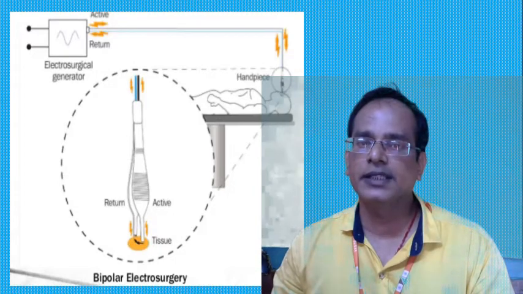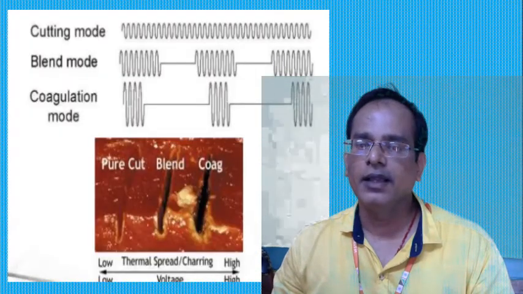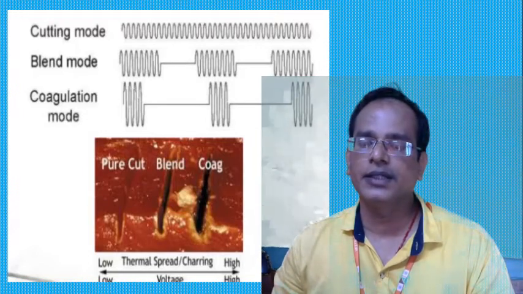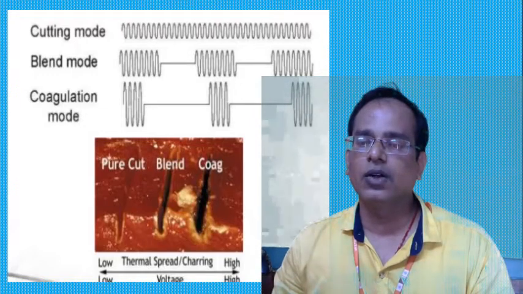Next we are going to see the coagulation electrotomy. Here, as for the types of ESU, we can say there are different types. One is a monopolar ESU, the second one is a bipolar ESU. Monopolar ESU means only one electrode is mounted on the device, that is called the active electrode, and a large